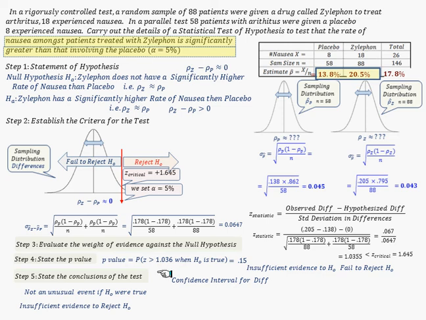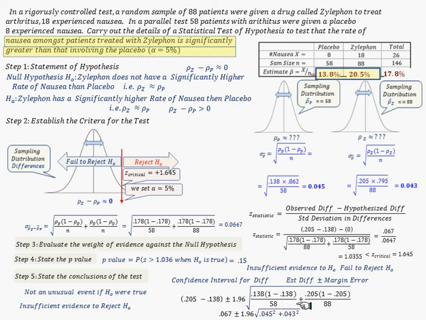Now we're going to show you a confidence interval. It's the estimated difference plus or minus your margin of error. And here's your estimated difference. Here's your margin of error here, 1.96. Note here we revert back to our original proportions that you see at the top of the screen, because we no longer make any assumptions about the proportions being equal. And this turns out to be an estimate of the proportion of the difference,